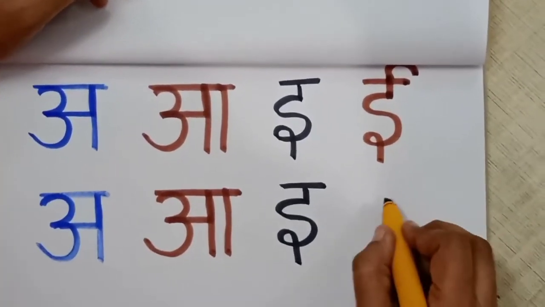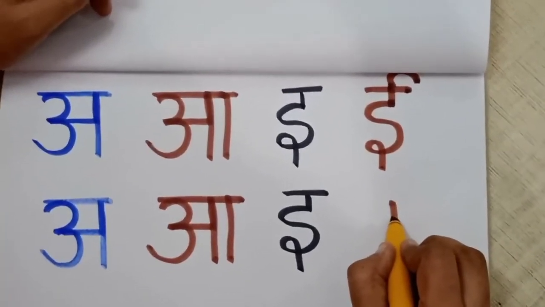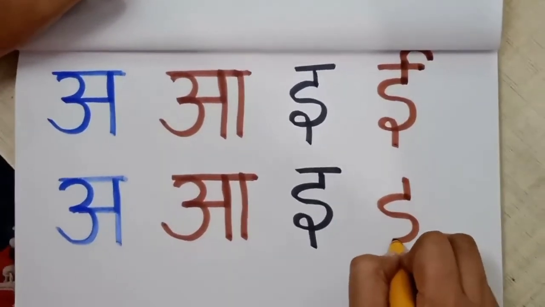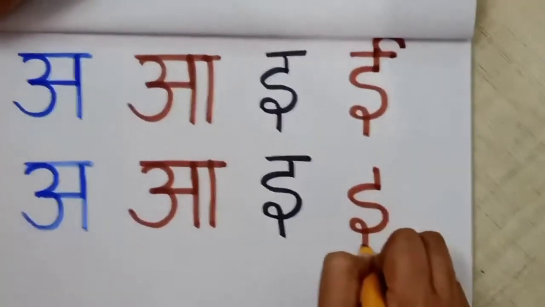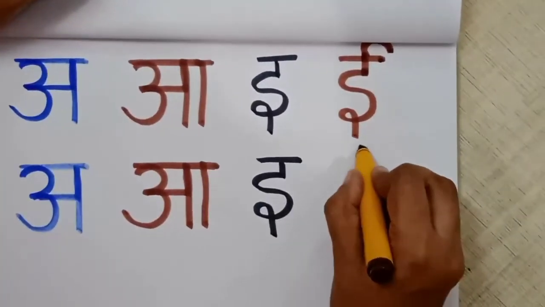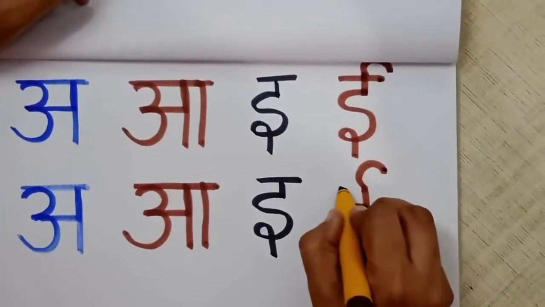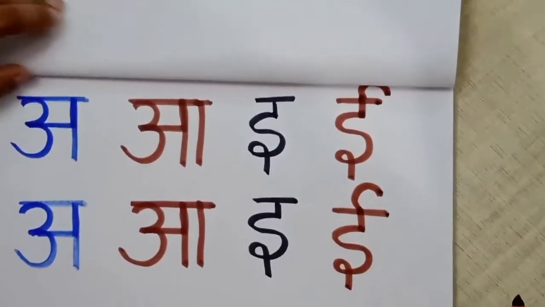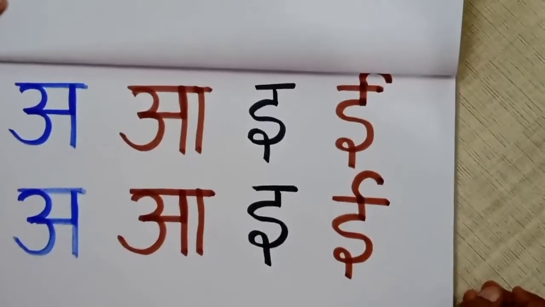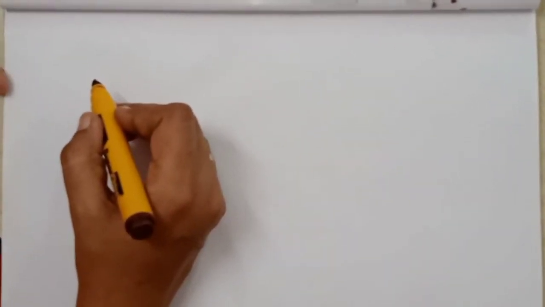E say eek. Let's see one more time. 1, and then below that, like letter S, put a curve, bring it down, and then up one curve like this, and then a sleeping line. So this is letter E. E say eek.